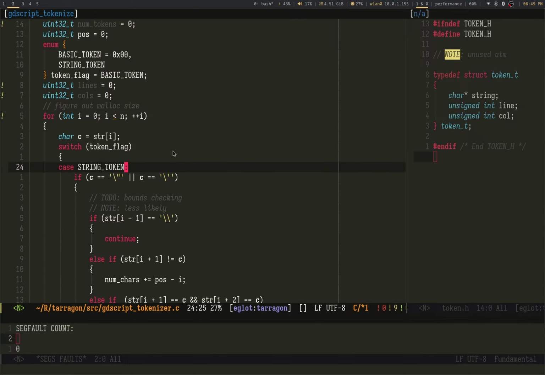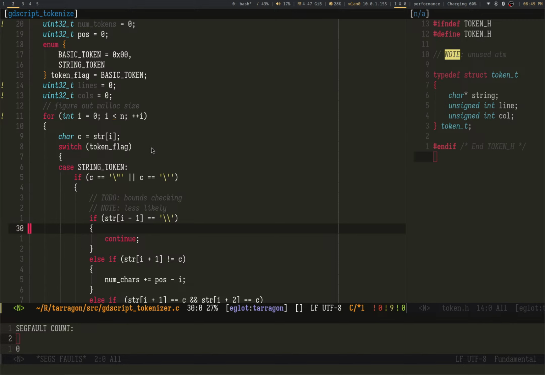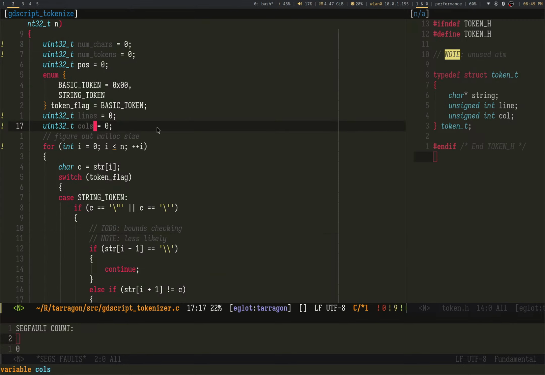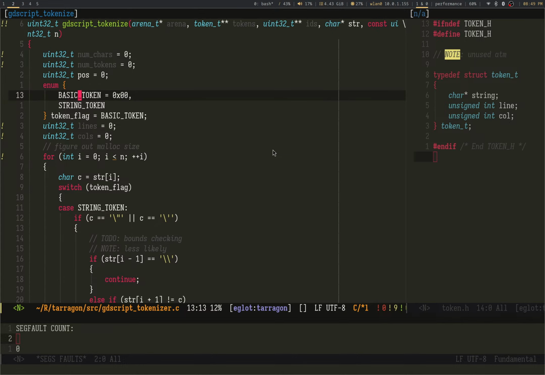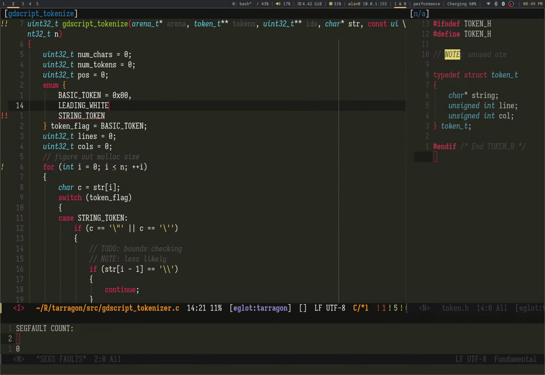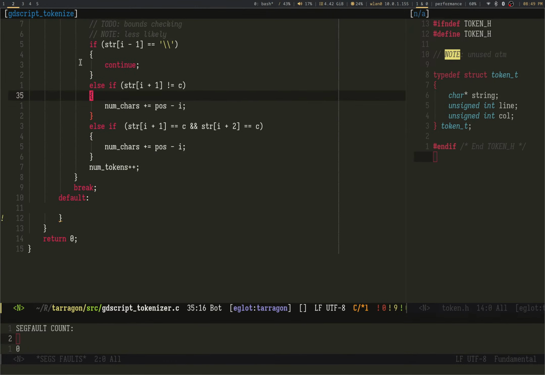So, great news. You cannot comment after a line continuation, which actually makes this kind of easy. Let's actually have a leading white space, baby.